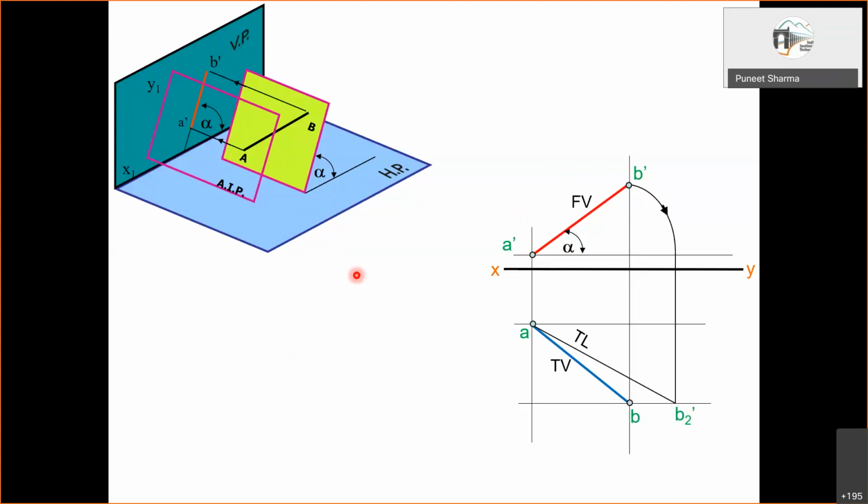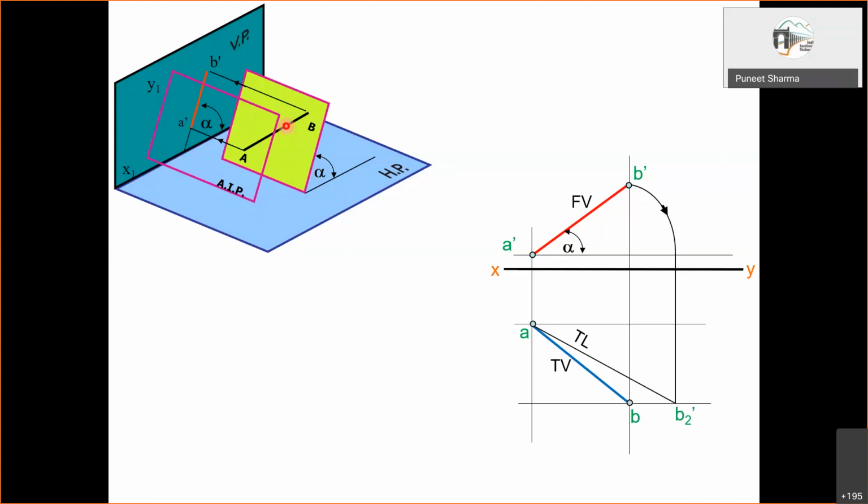Now, this thing we choose here, later on we will be obtaining the auxiliary top view, but of course we will be making use of the same front view. So this line projected onto this vertical plane gives this front view. This front view we keep the same, and rather than obtaining the usual top view which will be available on the horizontal plane at this location, we project this onto this auxiliary inclined plane, right?